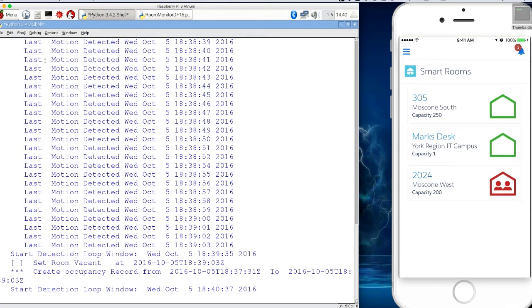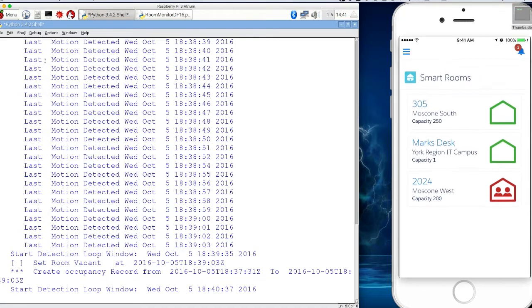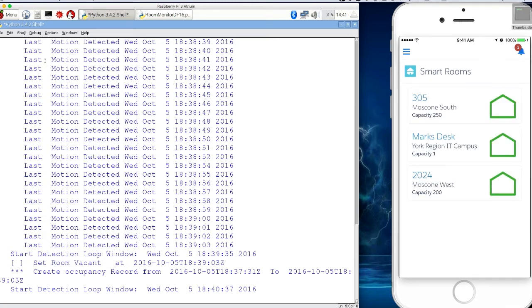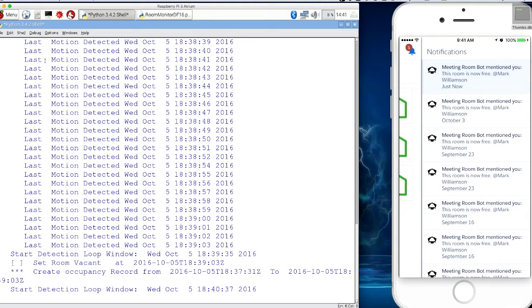I don't know if you noticed, but just on the top of our Salesforce One app on the phone here, it did mention a Chatter post. And if I refresh the component, live demos always work, right? It should go back to green. Oh, there we go. Okay, so it's now freed up. And in case you missed the Chatter post, the meeting room bot has mentioned that our meeting room is now free. So we can now bring our team in, have a quick brainstorming session or whatever.